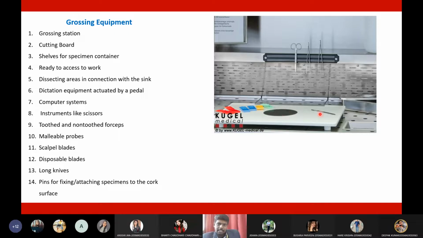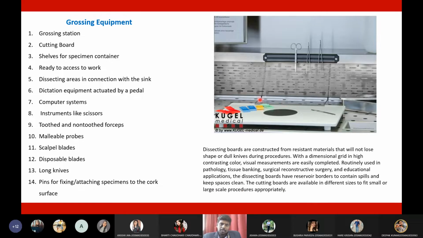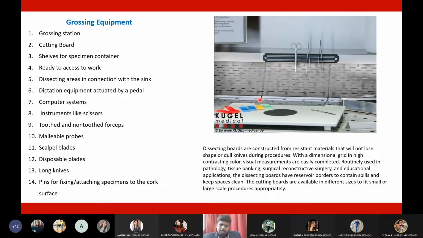So it is designed in such a way where water will be drained into the center of the table. If not, we have another type of table where water will be drained at the borders of the table. So this is a cutting table. These are also called dissecting tables, and